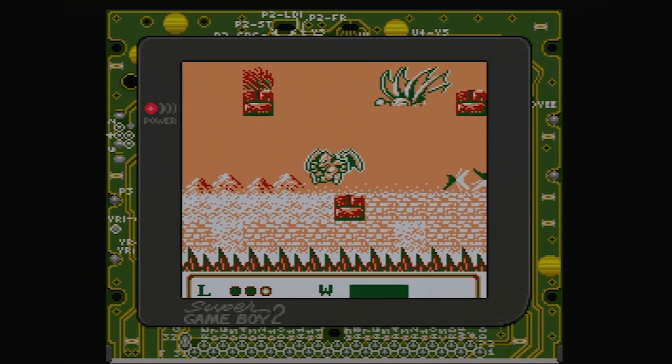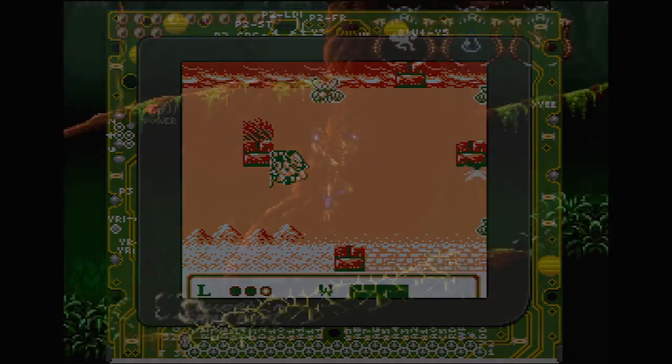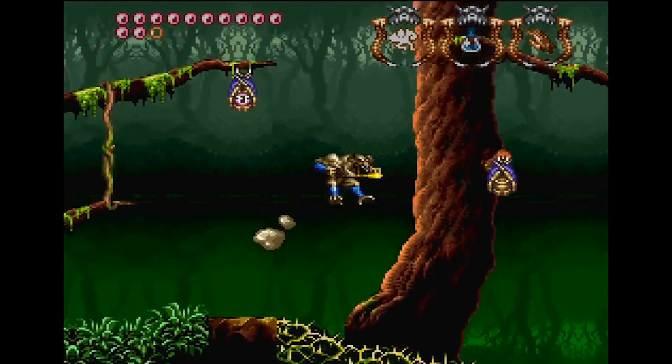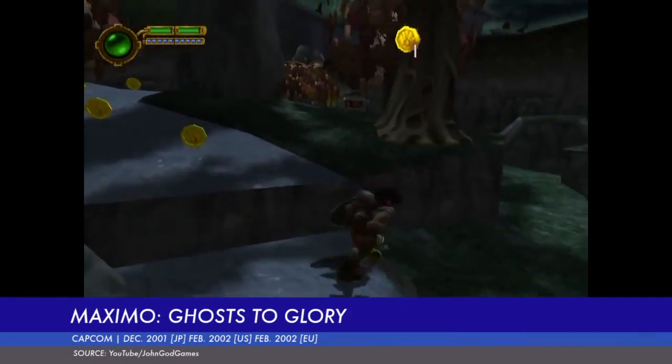Happily, it went down on a good note, as the final chapter of the franchise prior to 2006's Ultimate Ghosts N Goblins was the incredible third chapter in the Gargoyle's Quest saga, Demon's Crest for Super NES. Unless you want to count Maximo, which...